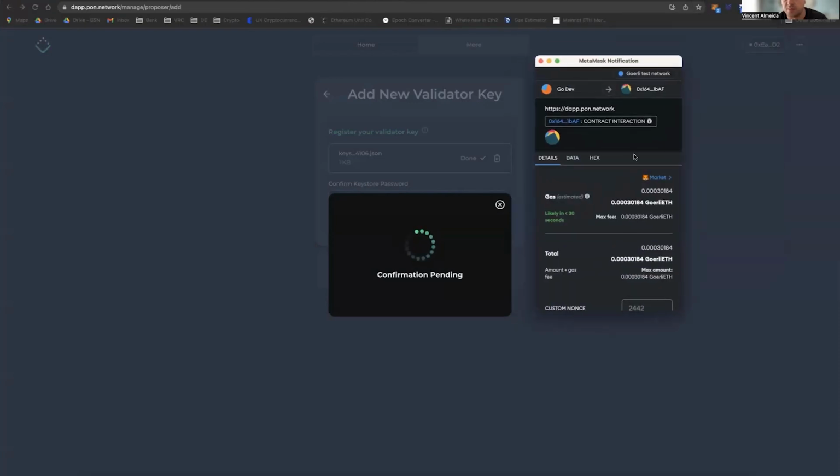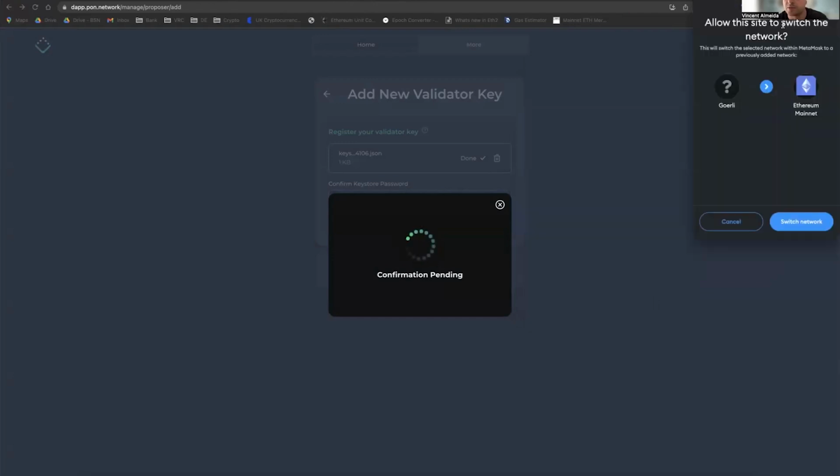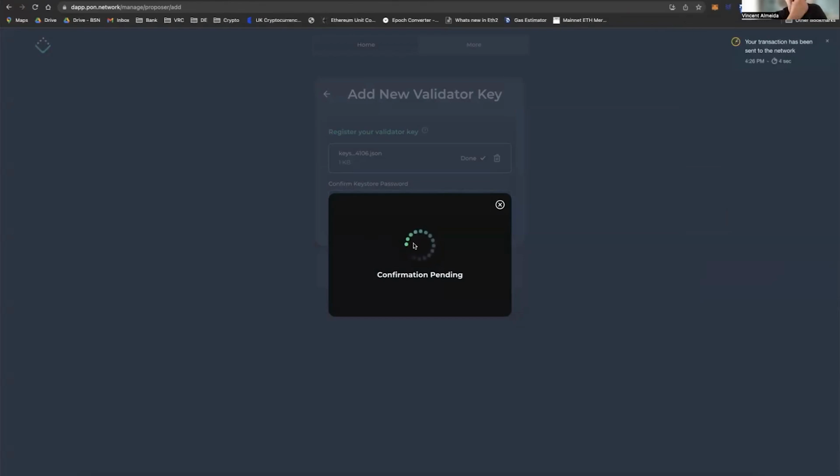This is me registering a proposer with the PON registry, PON proposer registry. I do not want to switch networks. And it's as simple as that. I can just connect my proposer to the correct relay. So the standard software today is MEV Boost. Tomorrow it will be MEV Plus, but either way, you connect your relay, you specify the relay URL. You don't need to do off-chain registration with the PON platform because your registration is on-chain. The off-chain registration to every relay you're interacting with is redundant,